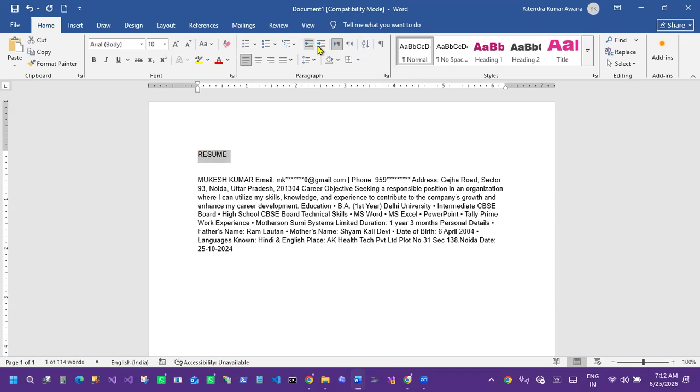Select and then I will click here like that. I will use this option when I want to shift my selected text according to my need, as per my requirement.